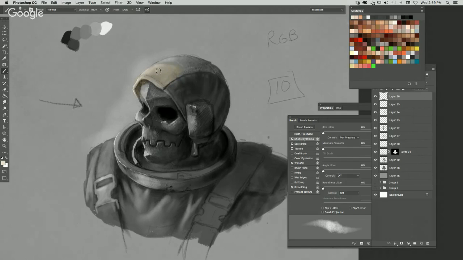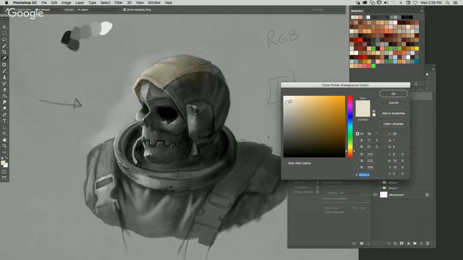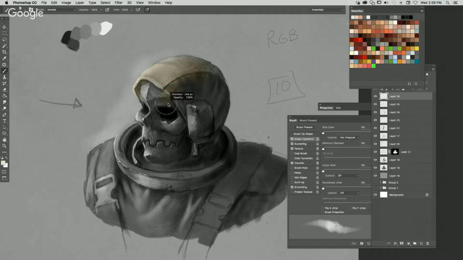Actually, maybe I'll do a full pass so you can see. I chose this color, which you can see is a very light value, and it's kind of on a yellow hue, yellow-orange. You can see if we paint the whole thing, our grayscale image just became like a dirty vanilla. It was like a French vanilla, really.